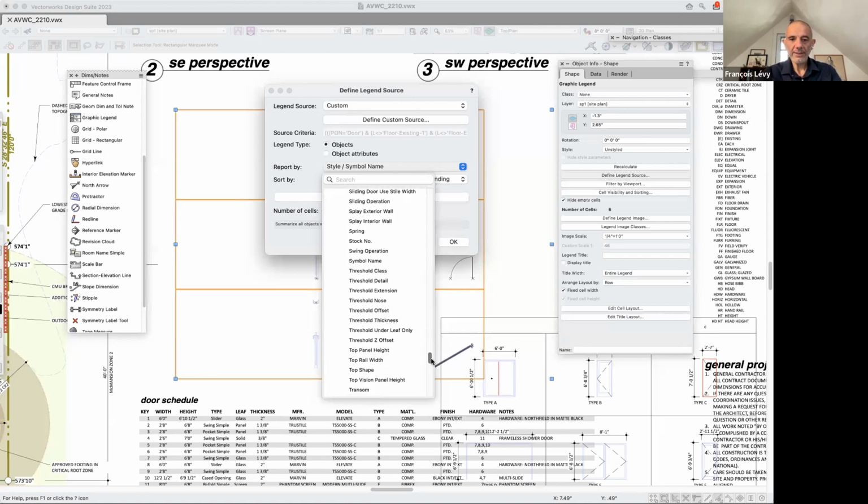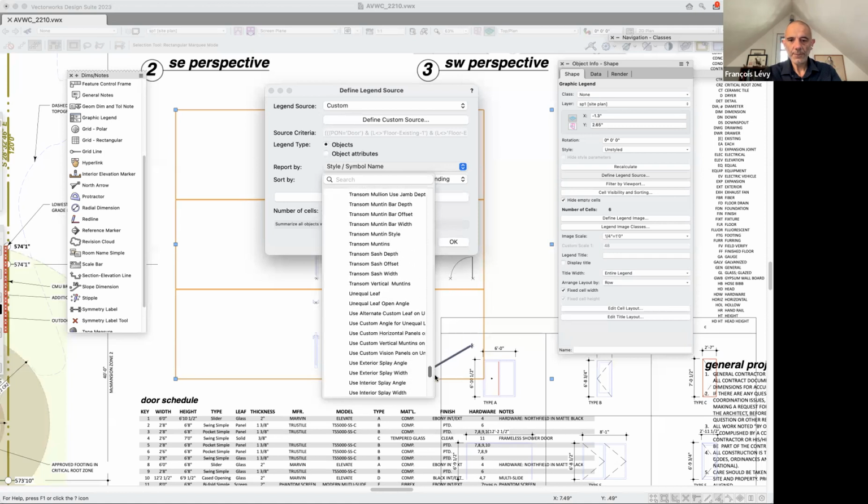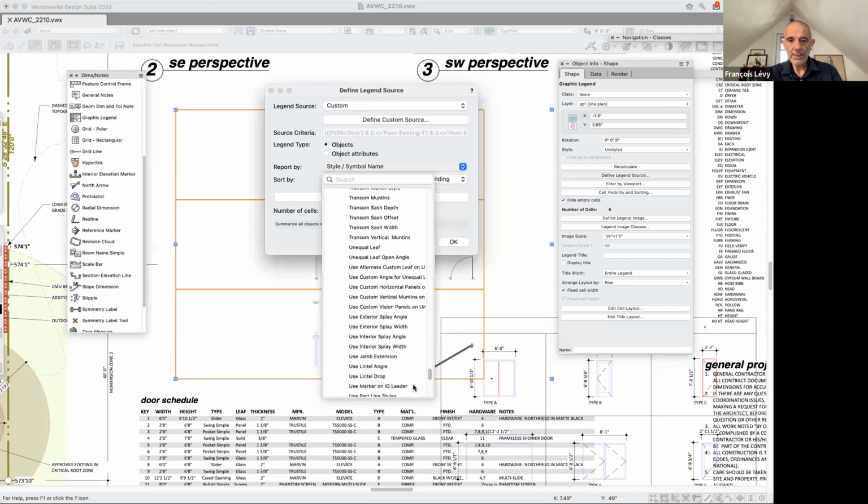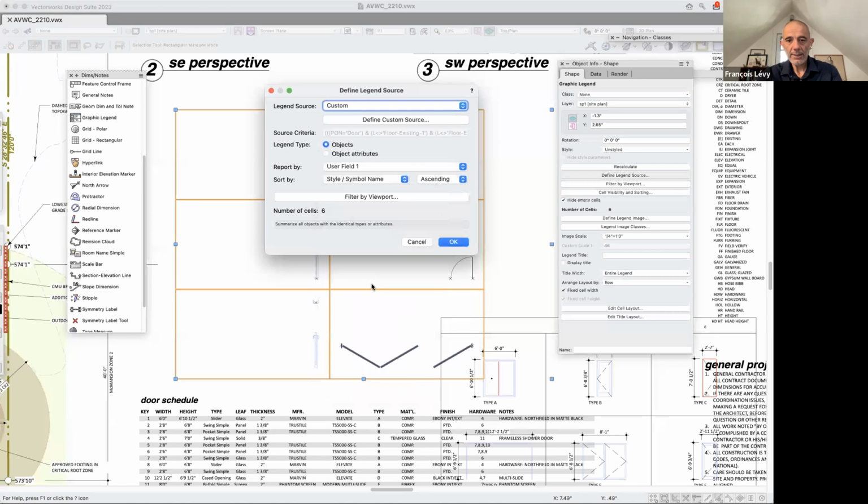So I'm going to go all the way down here to the use, and there's a user field 1 through 10. And so I've chosen in my doors to go ahead and use user field 1 to identify the door's type,